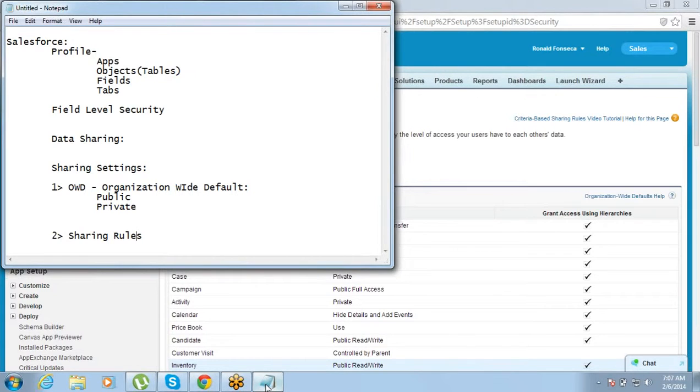I'm saying that field level security is applicable for all types of objects, like standard and custom. It can be done for any type of object, even that is applicable for sharing settings.